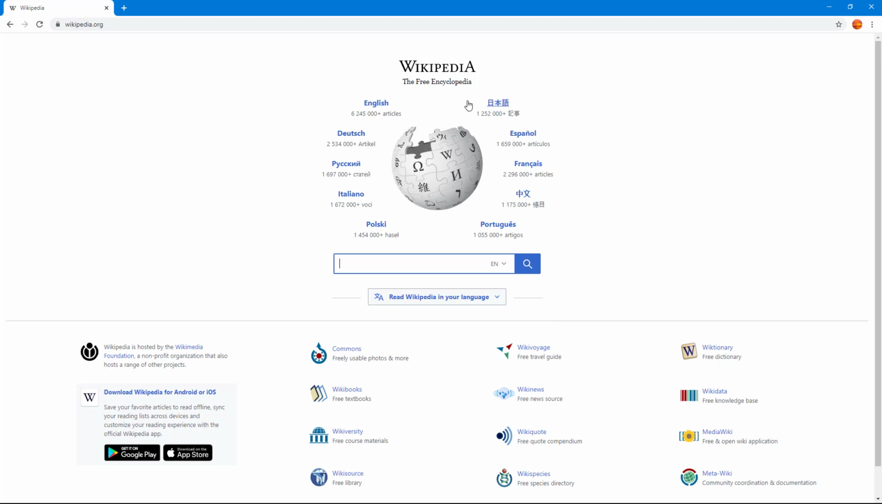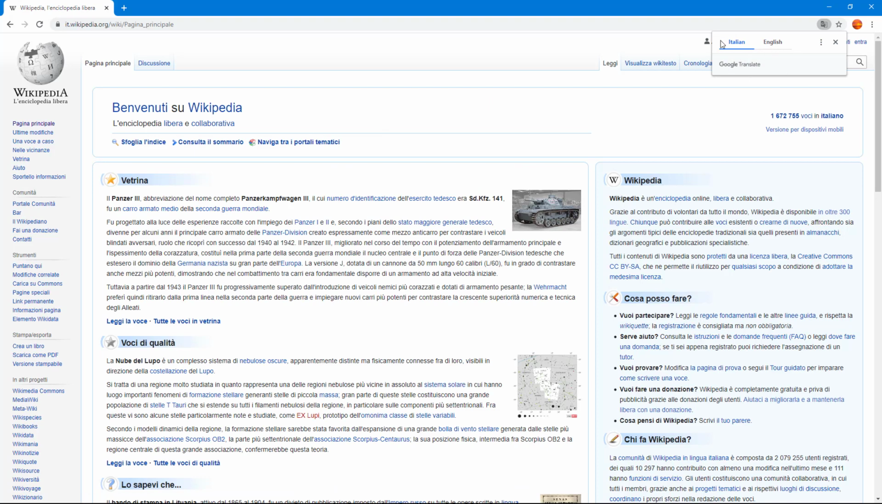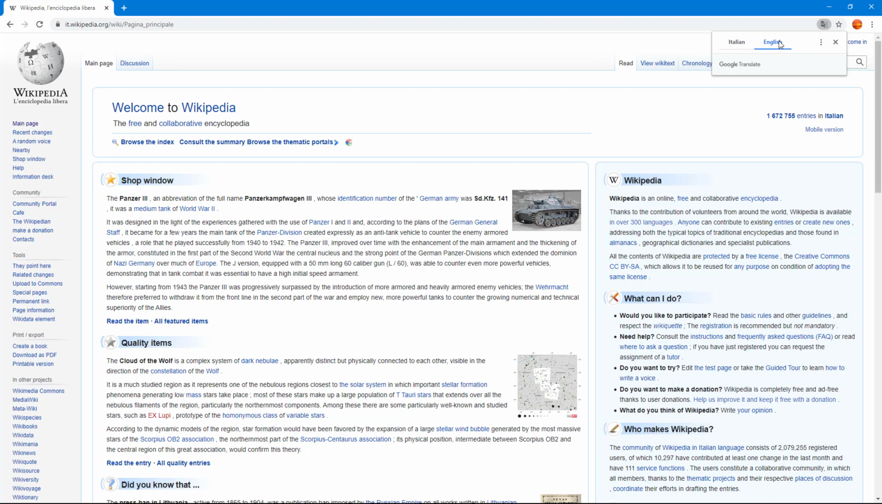But if I were to select another language, let's say, for example, I'm going to choose Italiano right here. Once you do that, you can see that Google Chrome has detected that this is the Italian language, and now everything is in Italian, as you can see right here. But if I were to choose English right here, it translates everything automatically to English, as you can see. So even if the page is in Italian, it converts everything into English